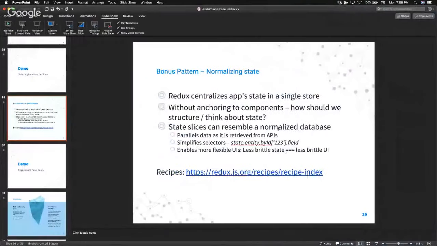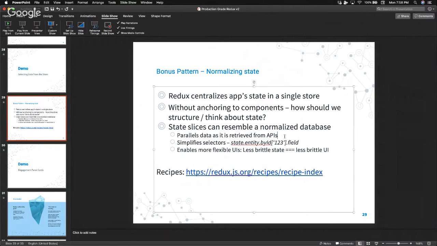I think there's a couple other benefits to this. Obviously selectors, having a nice pattern, is great. I also think the reason it's popular is because it makes your state parallel the way data actually comes directly from the API. There are really cool libraries that will take data that comes from a SQL-backed API and automatically translate it into normalized data that you can drop right into your Redux. So it simplifies the process of taking API data and putting it in your data store.